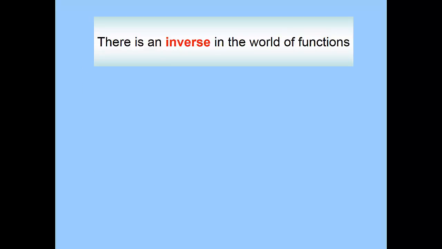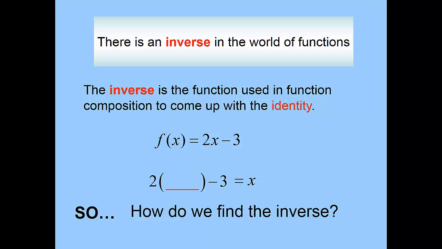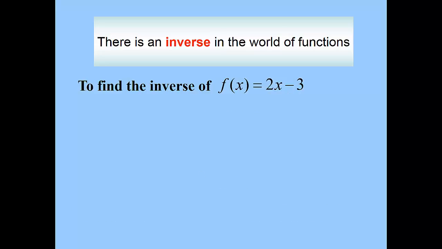Now, inverse, same thing. If we've got a function, what do we plug into the function and get the identity for our answer? It's not quite so easy. Now I'm going to show you some steps for finding that in just a second. Can you figure out what that would be? Well, perhaps you could. We have to multiply it by 2 and subtract 3 to come up with an x. However, let me show you the 3